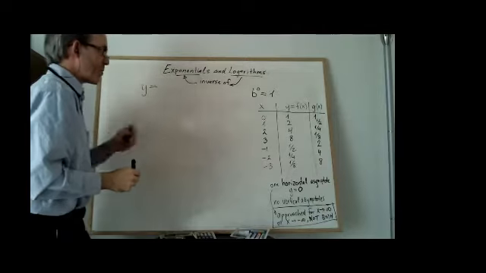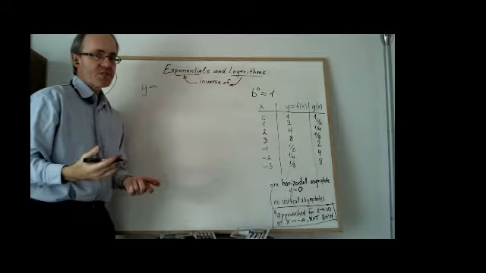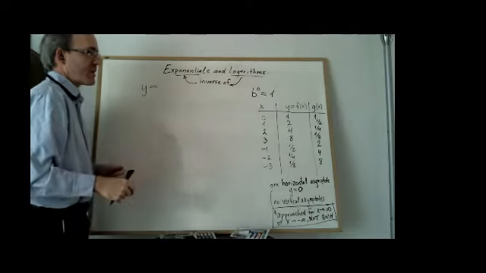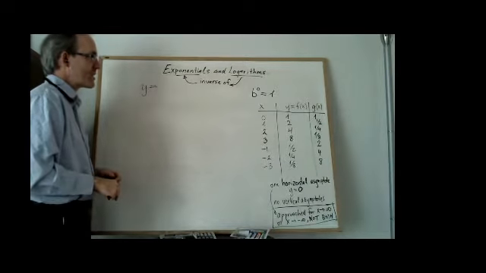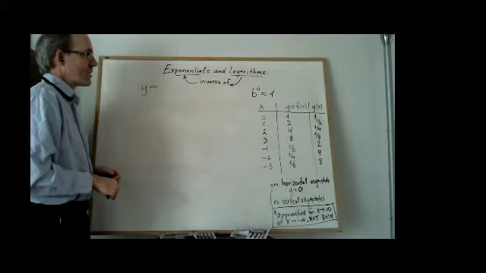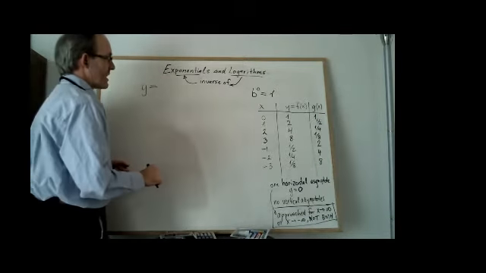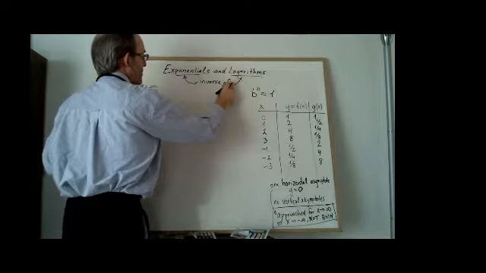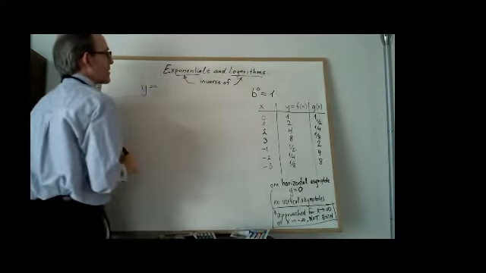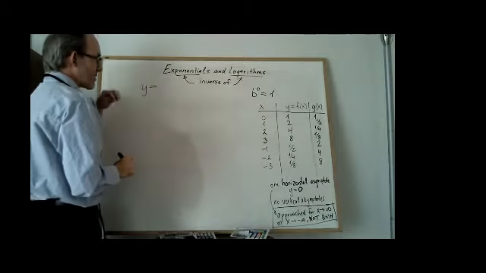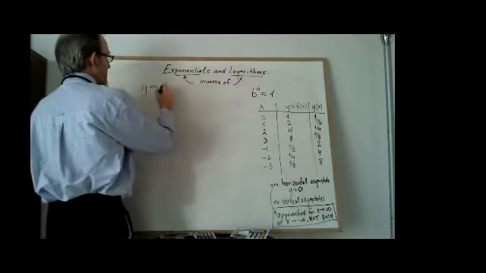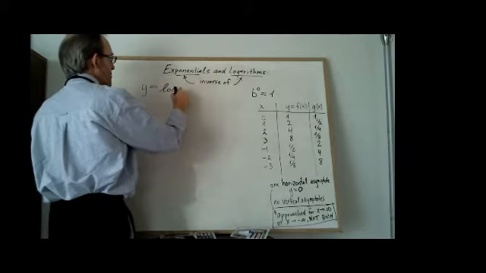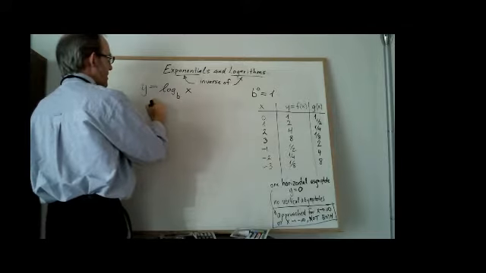And remember, the property of an inverse function is that if one function is an inverse of another function, then the original function is the inverse of its inverse. So these go both ways. Exponentials and logarithms are inverses of each other. So the way we write that is y is equal to the log base b of x. This means